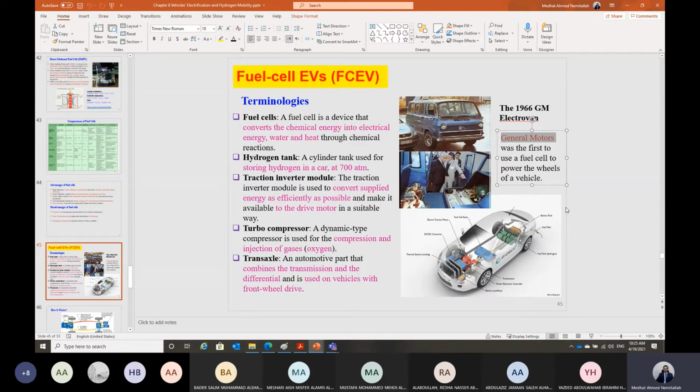So in order to use a significant amount of it in a small space, we have to pressurize it to very high pressure. The pressure inside this hydrogen tank should be about 700 atmospheres, 700 bar. So it's a very, very high pressure in order to store a significant amount of hydrogen. But it is highly safe because hydrogen has high diffusivity. So if we have a leak in this tank, the hydrogen will diffuse in the air, and it should not result